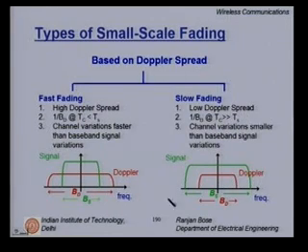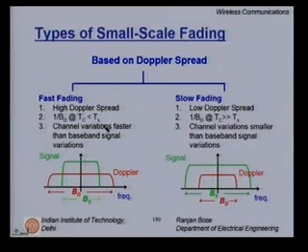Please note, this has nothing to do with frequency flat or frequency selective channel. We are talking about a completely different dimension. The only link, if you must try to connect these two, is the Ts. What makes them independent is that Tc has nothing to do with Bc. Tc is the coherence time, Bc is the coherence bandwidth.